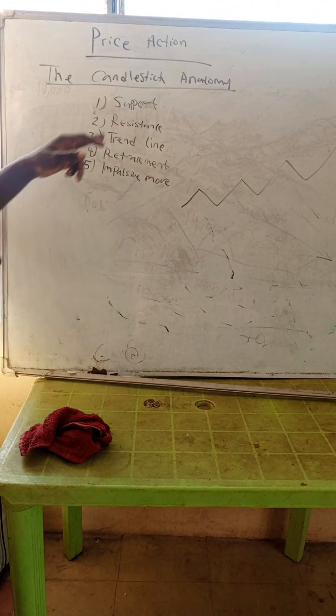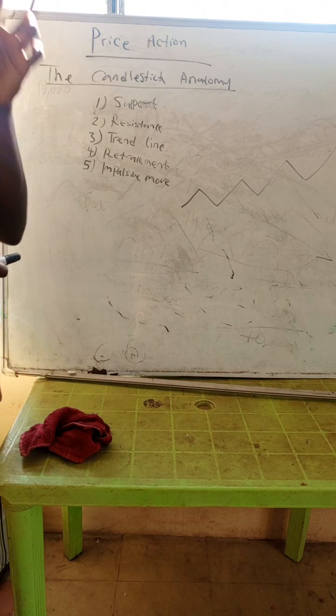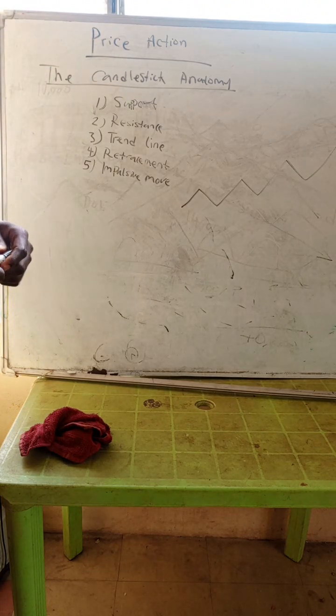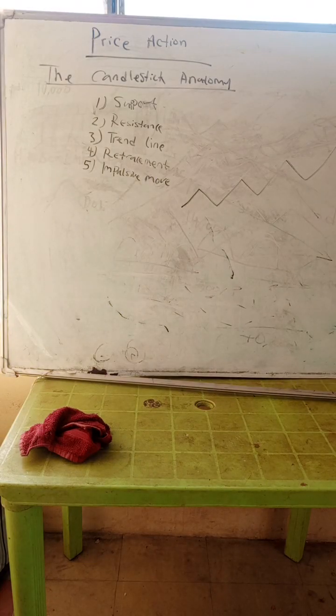Now, according to the rule of price action, the law of price action states that even though the market is going to go up, it won't go up in a straight manner. It must first of all have some levels of what they call retracements. Retracement. What do I mean?